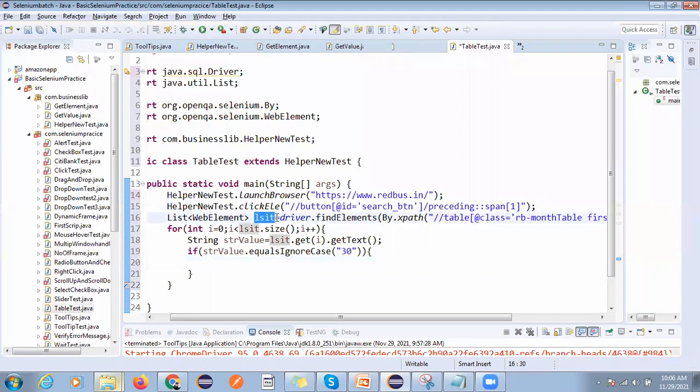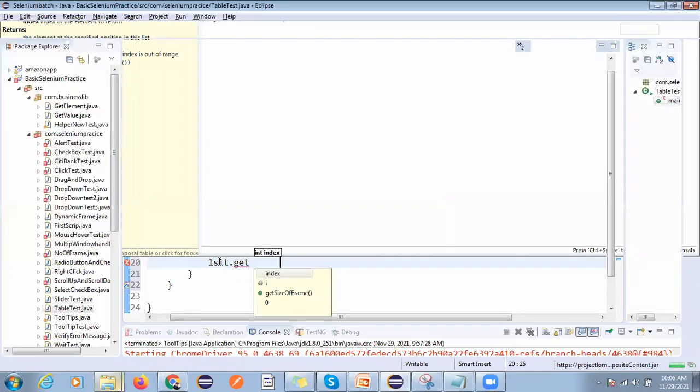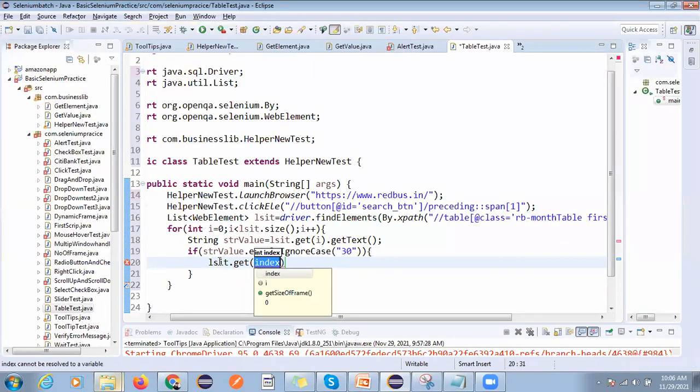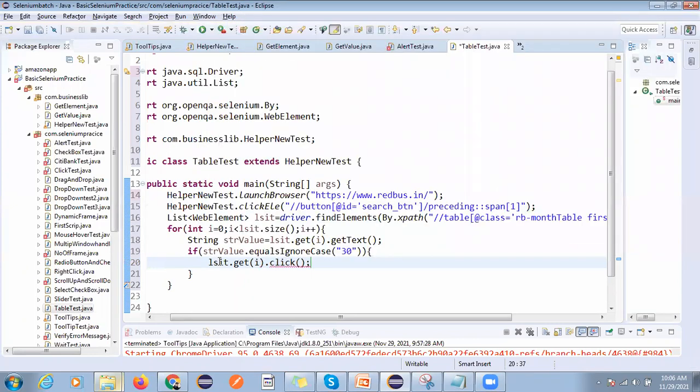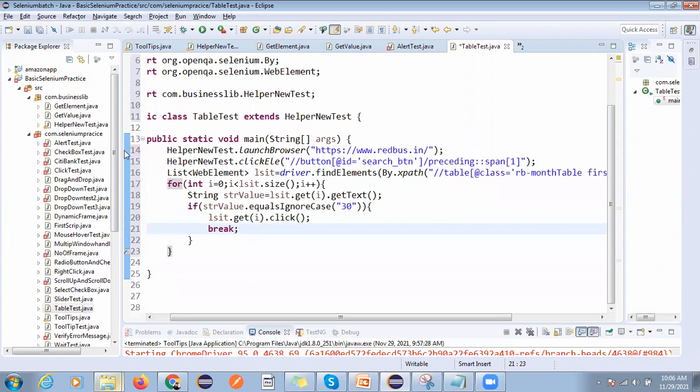This one. And now get, so the get method is available in list, not in a string, and that we will click. And now we will use break. That's it.